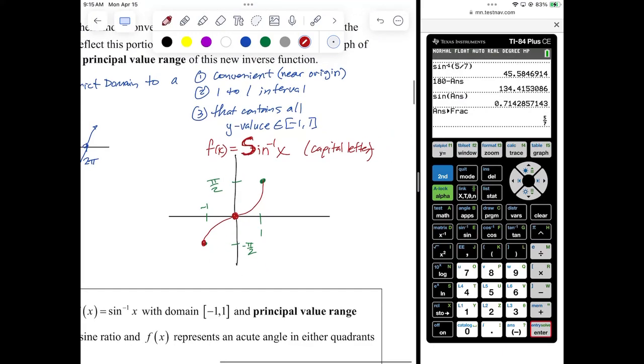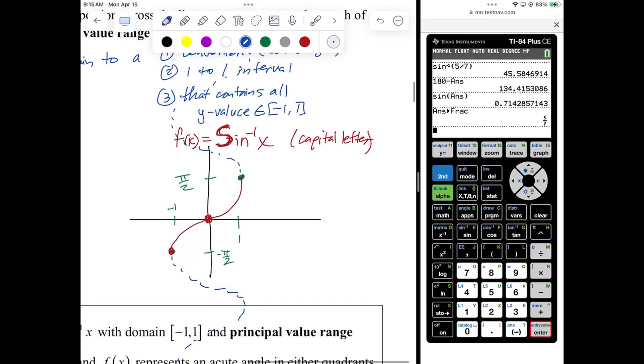All right, now, the other parts that we didn't graph, if you want to see what they would look like, it would snake back and forth left and right like this across the y-axis. That's what the rest of the piece of sine would look like. But we're not looking at those other pieces, are we? They're too far away from the origin. So that little red piece right there with little balls as endpoints,